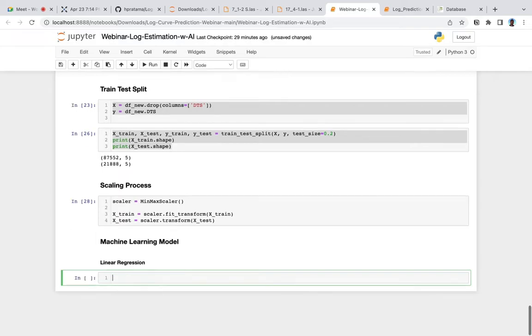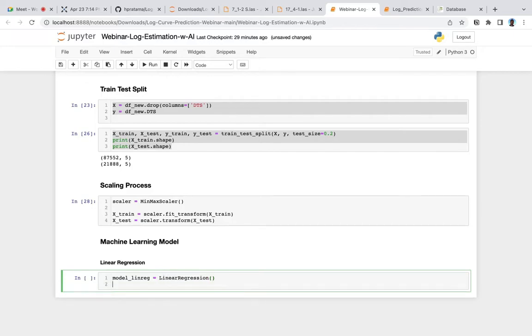Regression model equals linreg, which is linear regression, equals the linear regression function from scikit-learn, and then we fit it on our train dataset. Fit xtrain and ytrain.